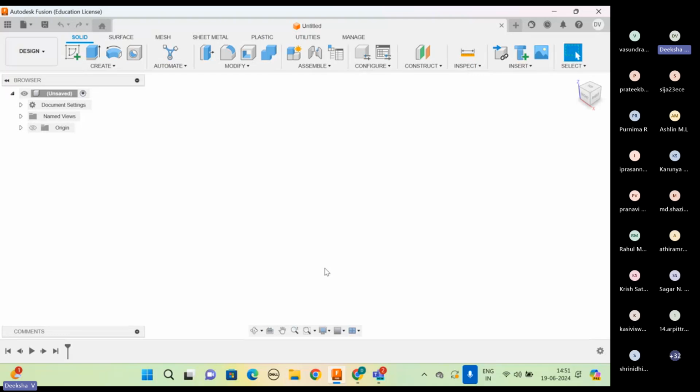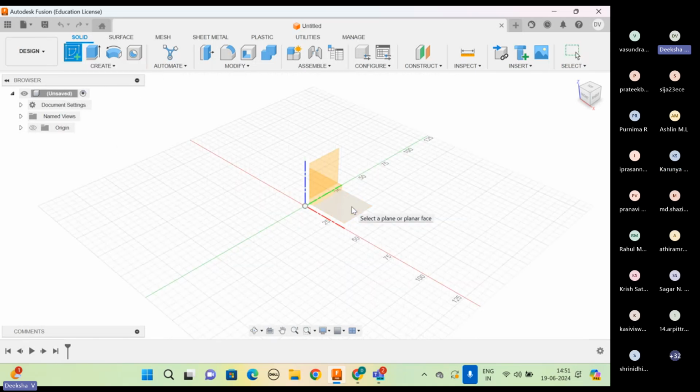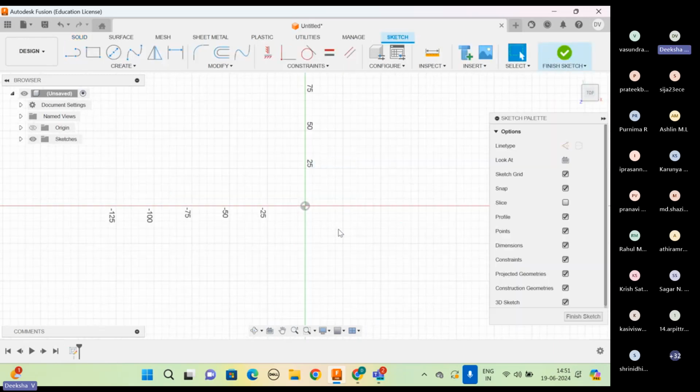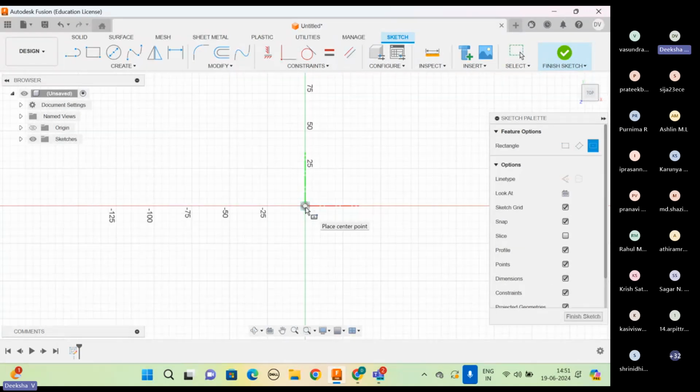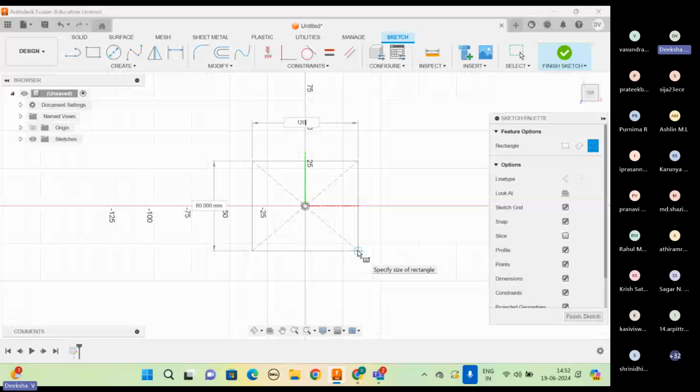So we'll start with modeling using the top sketch. So we'll create a sketch in the top view. So go to create sketch, click on the top plane. And so if we see the top sketch, it basically has a cubical surface with a square which is cut at the edges. So first we'll model that. So go to create center rectangle, and first we'll draw the square which is having dimension of 120 by 120. So type in the dimensions,